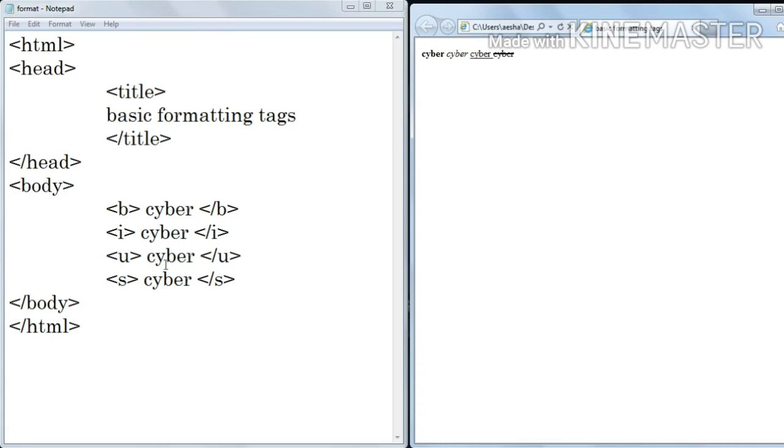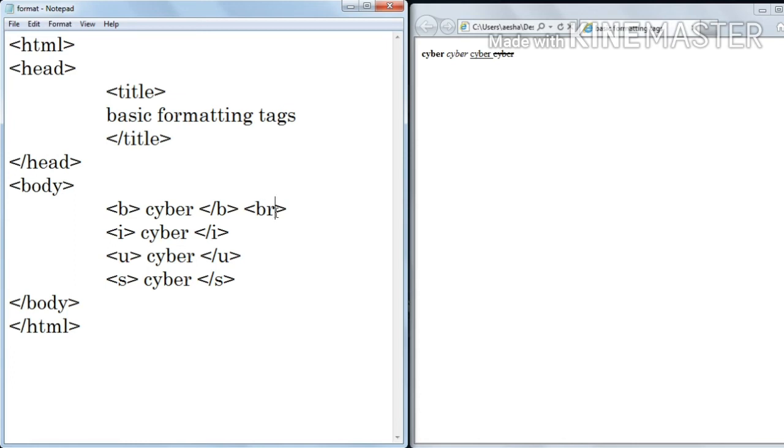Now here you can see I had written all the cybers on separate lines, but on the web page they will appear on the same line. So to break the row, the BR tag is used. So for that, in the angular brackets we will write BR. Here I want the cyber with the italic effect on the next line. So I will write BR before the I tag, because I want to break the row after the bold effect cyber.